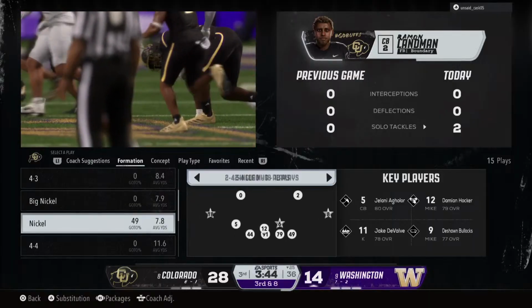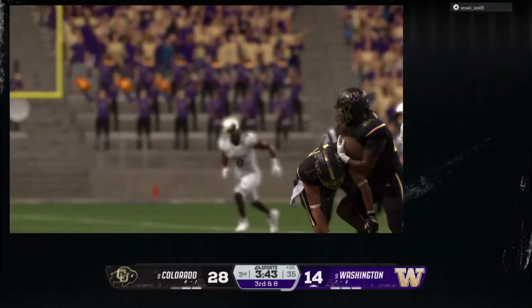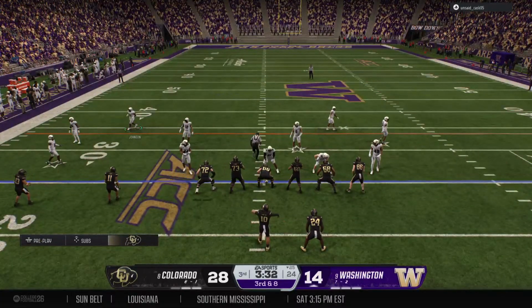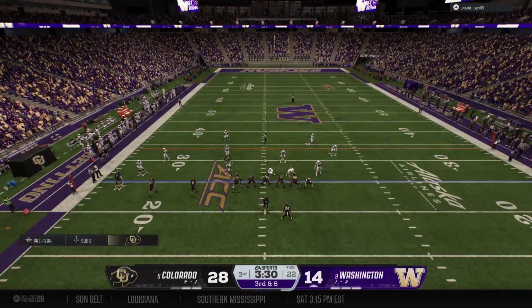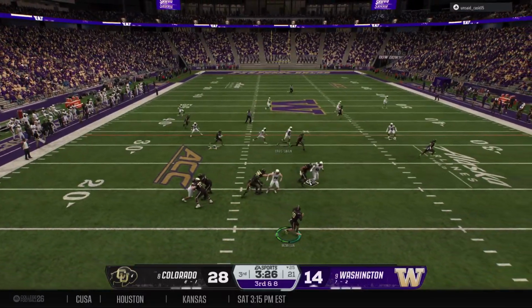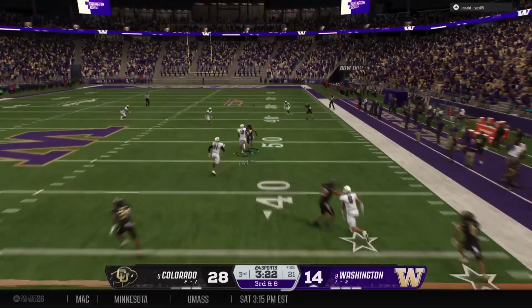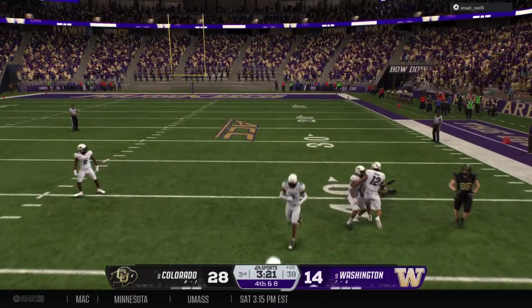And yeah, that's kind of surprising. And we talked about this before the game. One of the big matchups: run the football against a defense that's been susceptible against the run throughout the season. But this offense just can't find a way to get it going. And I'm surprised, but now what's your counterpunch? How are you going to get the ground game going? Because so far, not a lot of success.